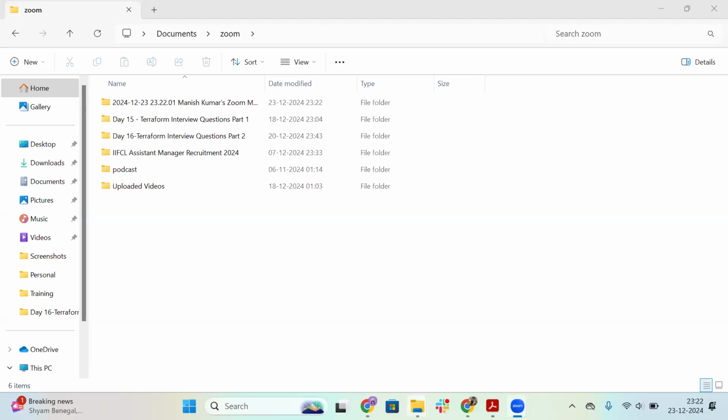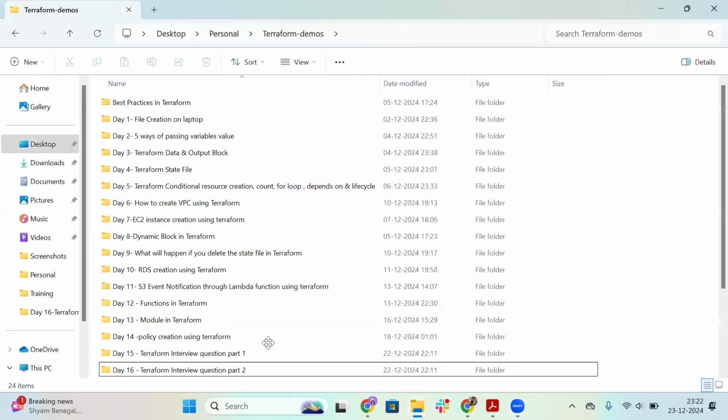Hi everyone. So as we were going with the Terraform tutorial, correct? Till now, what we have covered in all these 16 classes, starting from the file creation, Terraform data, output block, Terraform state file, conditional resource creation, VPC creation, your EC2 instance, that's your server creation, use cases of dynamic block, and the most important questions, which is always asked in your Terraform interview or the DevOps interview, that is